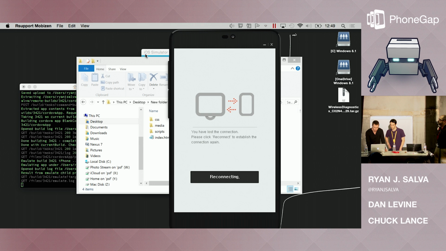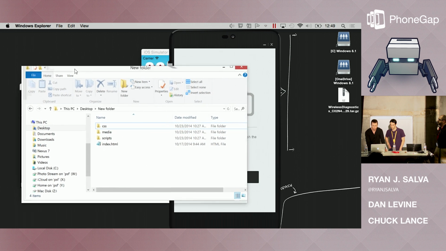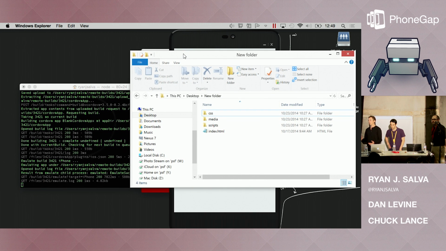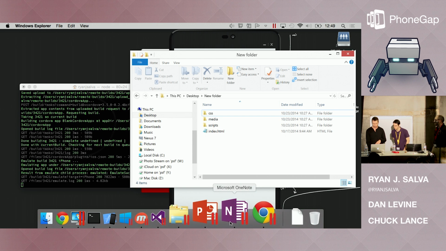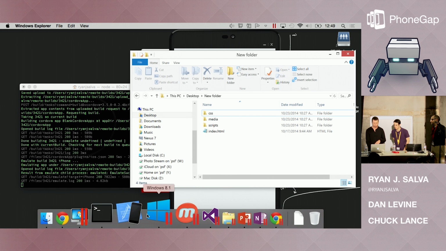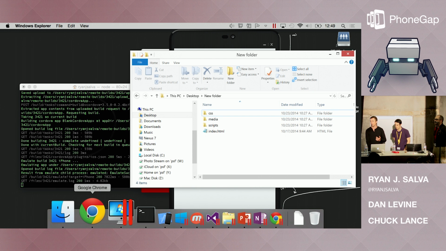So now I've got my Windows folder in line with my Mac. So it's all operating. If you go down to the dash bar, you can see what's in Parallels versus what's actually natively running on my Mac. Where you set up that you could run to the iOS simulator.